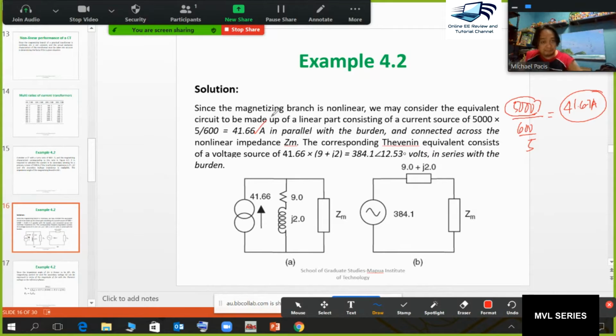Okay, that's correct. So you do not need to have the current in a higher value because current transformers are transducers. So you need to have a lower value, of course. Now, it is in parallel with the burden. If we can still recall, if we go back